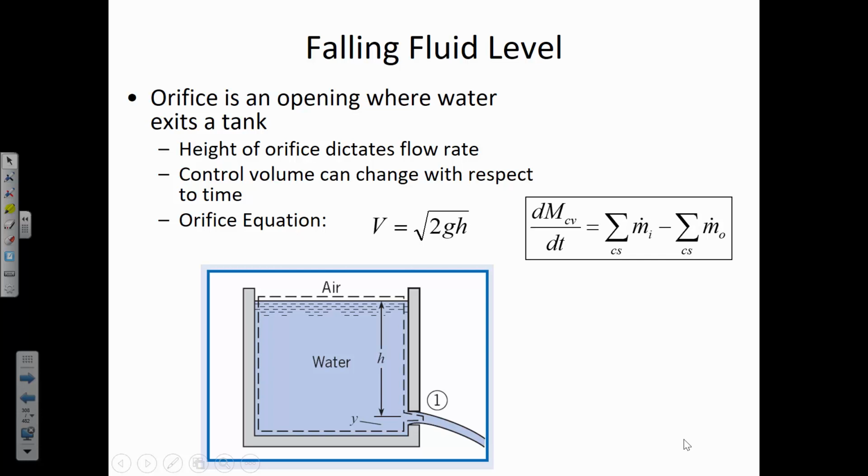Now, let's combine the orifice equation with the idea of the Reynolds transport theorem, which is where we are keeping track of the movement of fluid through control surfaces and either the accumulation or the loss of mass inside of a control volume. So here's where we rearrange the Reynolds transport theorem in terms of mass flow rate, and we say, well, the mass of the system isn't changing over time, but there can be a change in mass inside